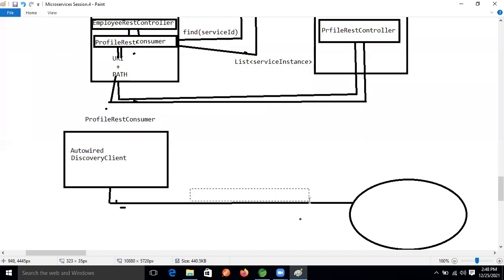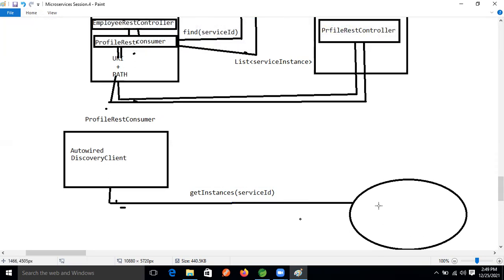Based on that method only, finding, right? The finding concept we have seen, find the service ID. One method is there, get instances. What is the method name, guys? Get instances, right? It's an argumented method. This method will take the service ID. Based on that, what will happen now?